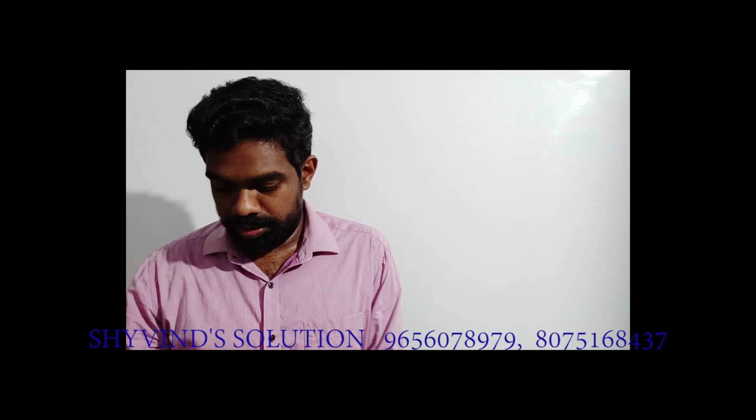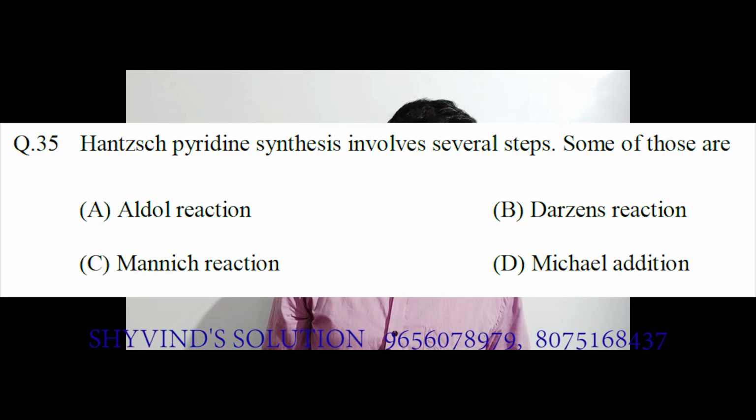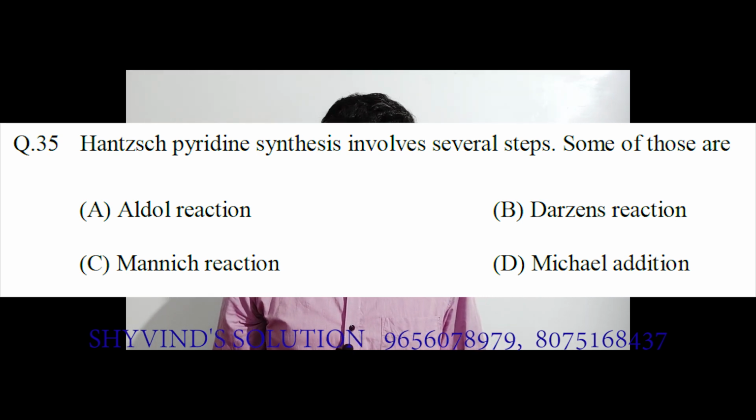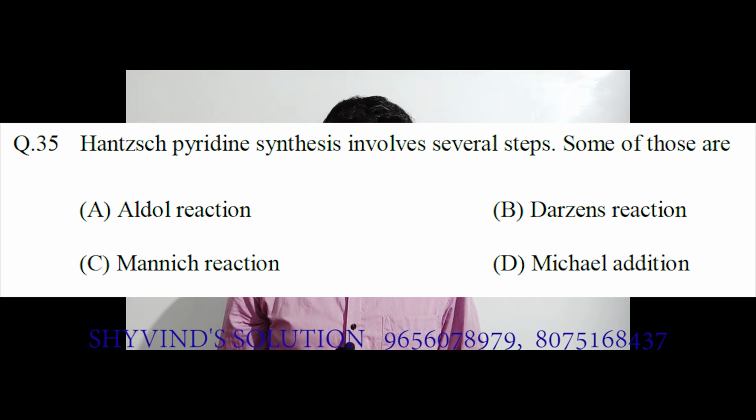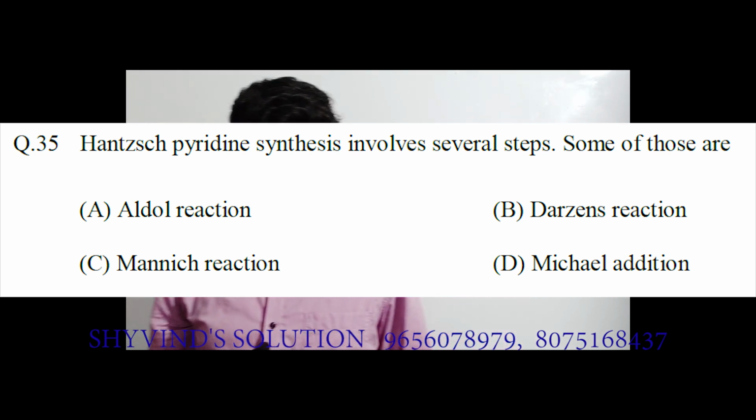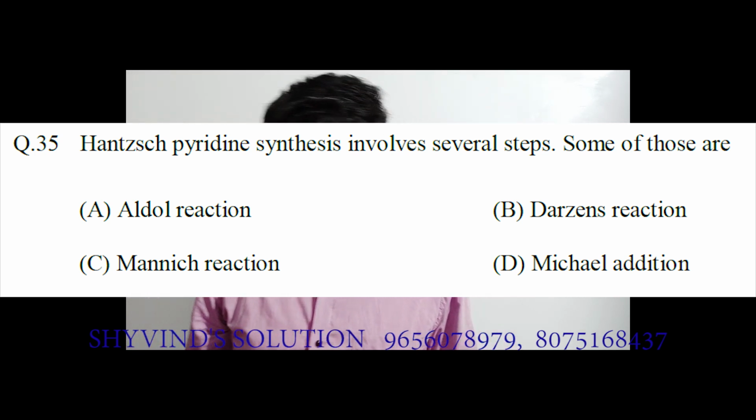Now let's move on to question number 35. Hantzsch pyridine synthesis involves several steps. Some of these are the options: aldol reaction, Darzens reaction, Mannich reaction, Michael addition. So in Hantzsch synthesis,